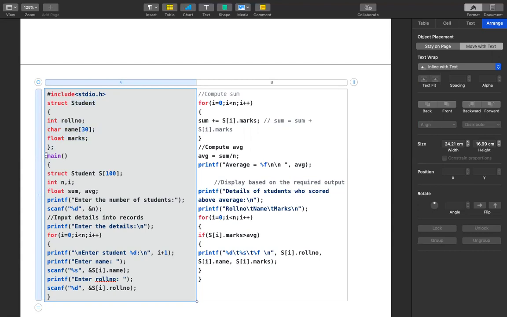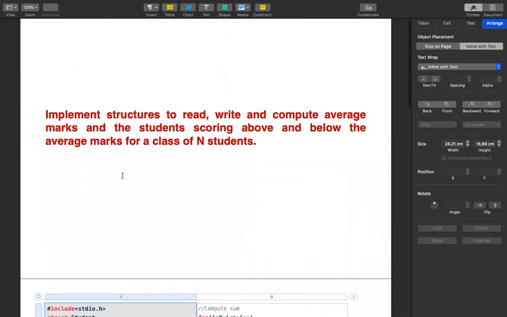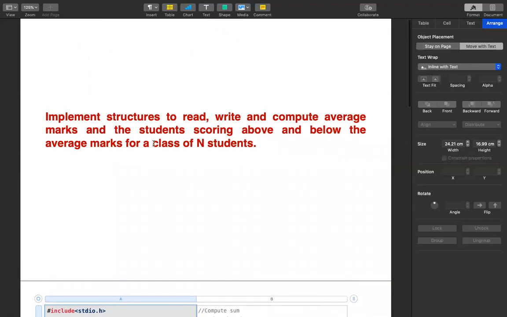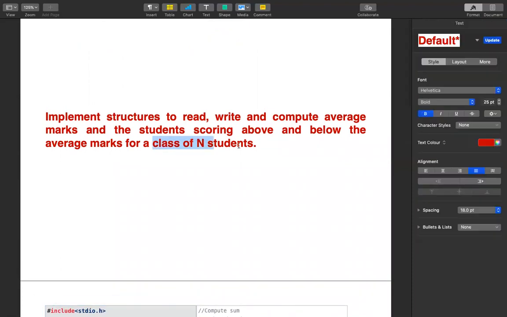Coming to this program, let us start with the main function. We know that if we want to access any of the members of a structure, we need to create a variable of structure type. Using this variable, we can access the members of a structure. If you can see, the variable here is not of normal type. It is an array variable. Why are we creating an array variable? The program aim says that it is not a record of a single student. It is a record of n students.